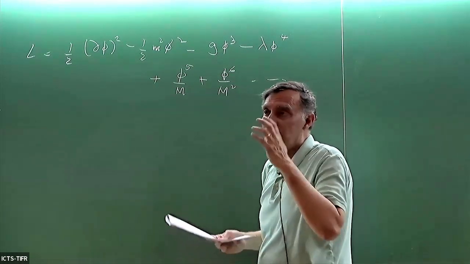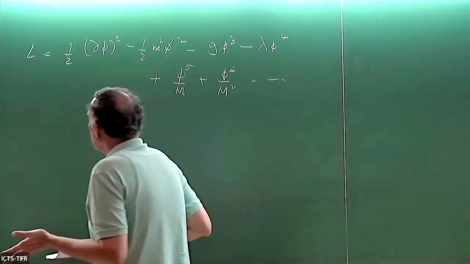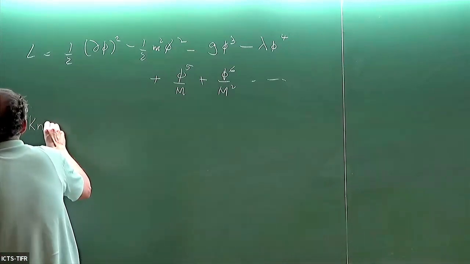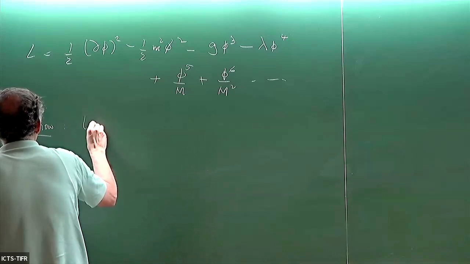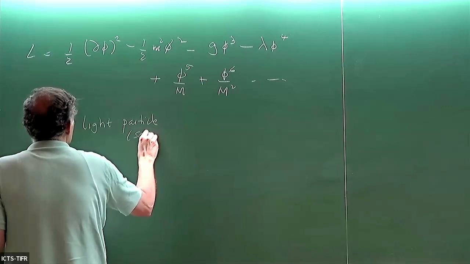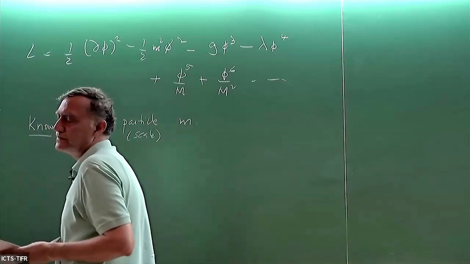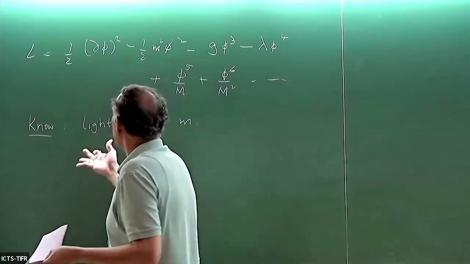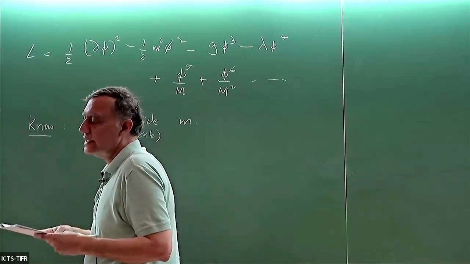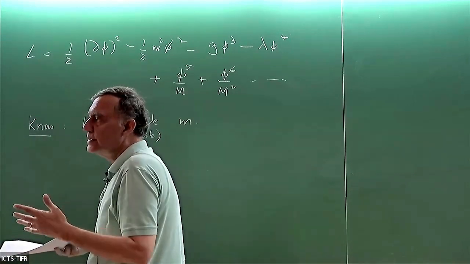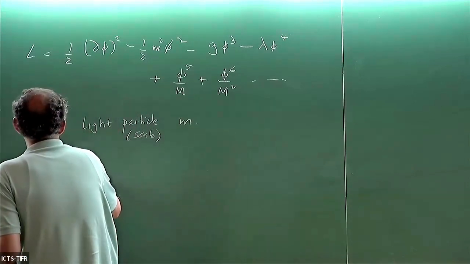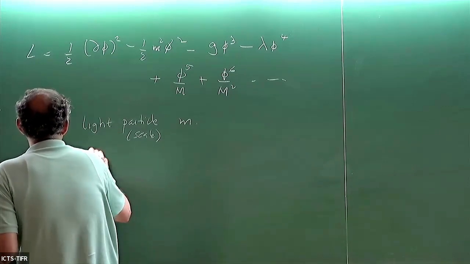Now, when you start with an EFT, you're not just doing things at random. Or I'll put it this way, you know already that you have, let's say, a light particle or a light scale, which I'll call little m. Because I'm writing the EFT for the interactions of this object, and then either you know that there's new physics, let's say because you have a BSM theory, or you think there's new physics because you think there's something else, you don't know necessarily what it is. So there's some high scale, I'll call it